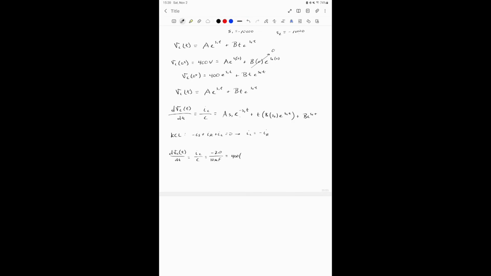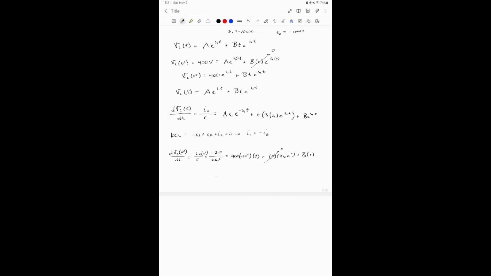So this is going to be 400 times negative 10 to the fourth, and then at t of 0, this value, the e, is going to go to 1, so times 1, and then this right here is going to be plus 0 times that whole thing, which means we're just going to make that 0 times B S2 e to the 0, and then plus you have a B value here, and then you have an e value that's going to go to 1 as well, so B times 1,